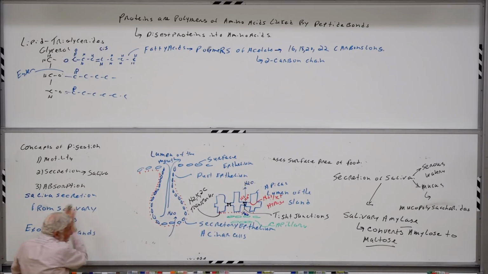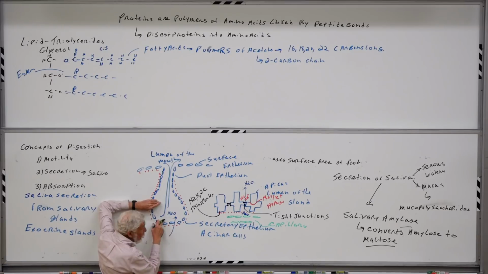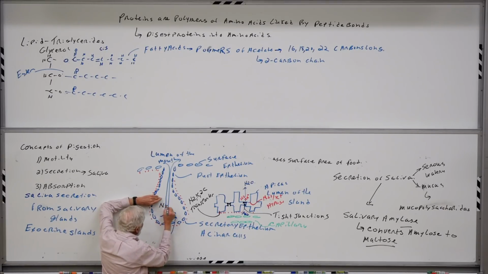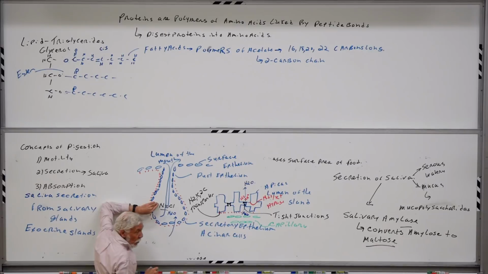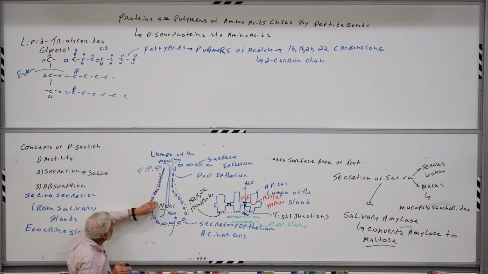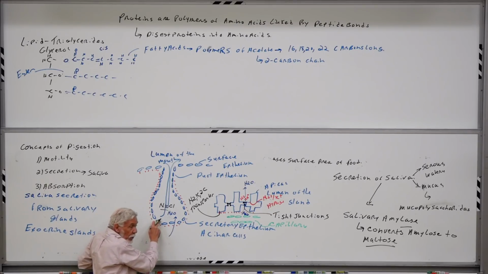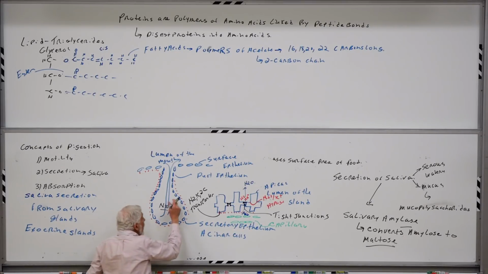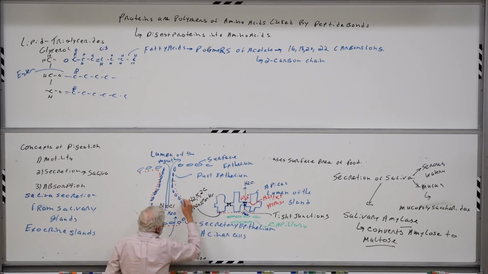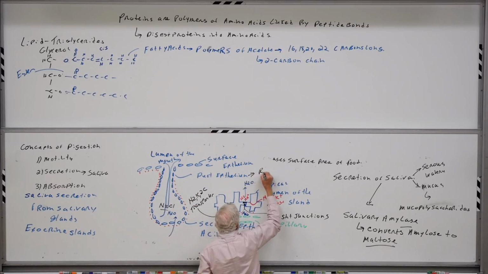So if you were to just look at this, though, you would say, well, we're going to get an isosmotic solution in here of sodium chloride. And you would predict from that simple model that saliva would be salty. Saliva isn't salty. We all know this. We know that saliva has little salt in it. So where does the salt go? Well, we use the salt to generate an osmotic gradient. But then these duct cells, the duct epithelium, play the role of removing